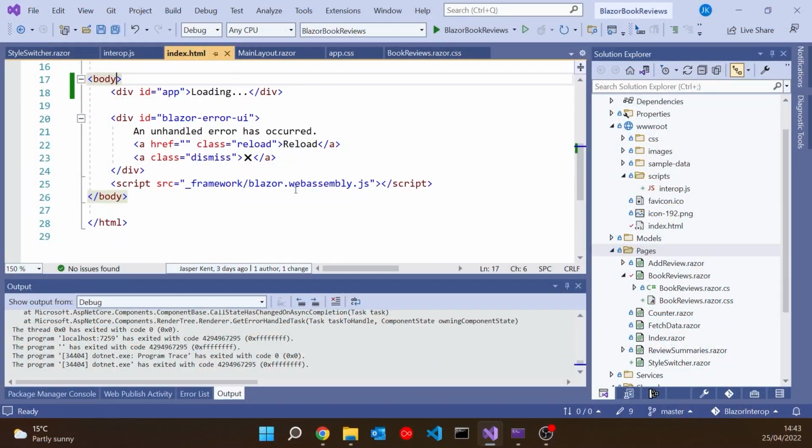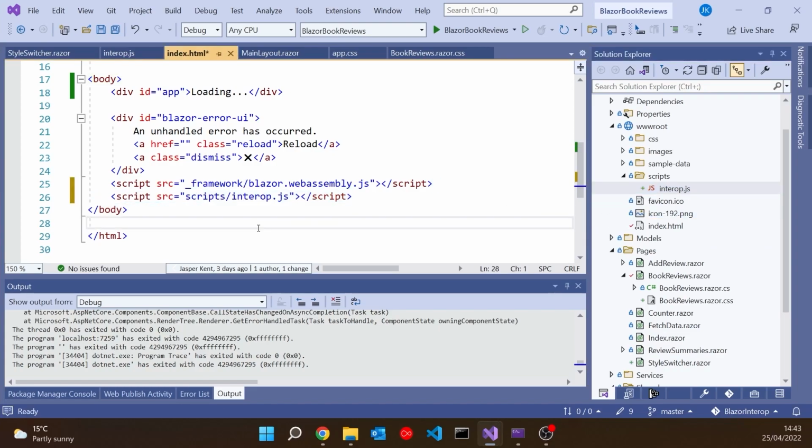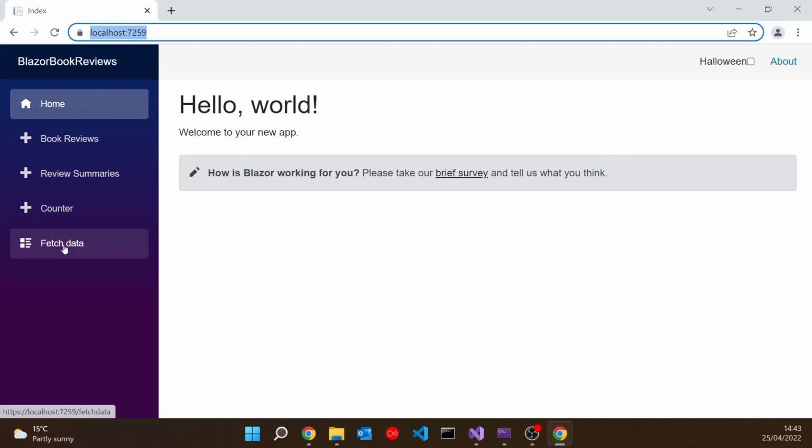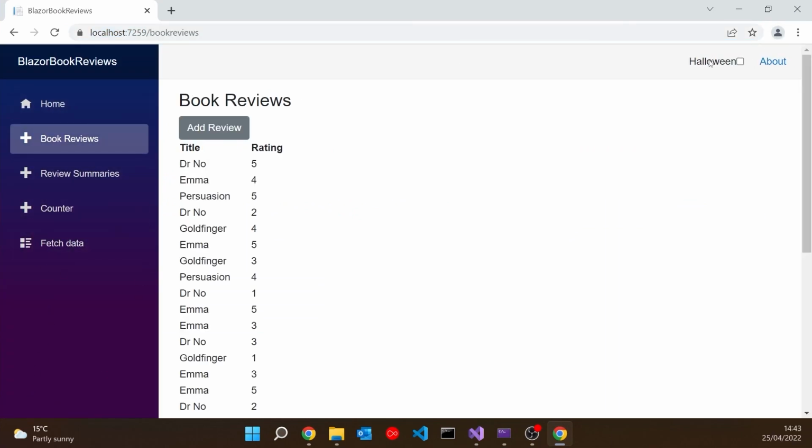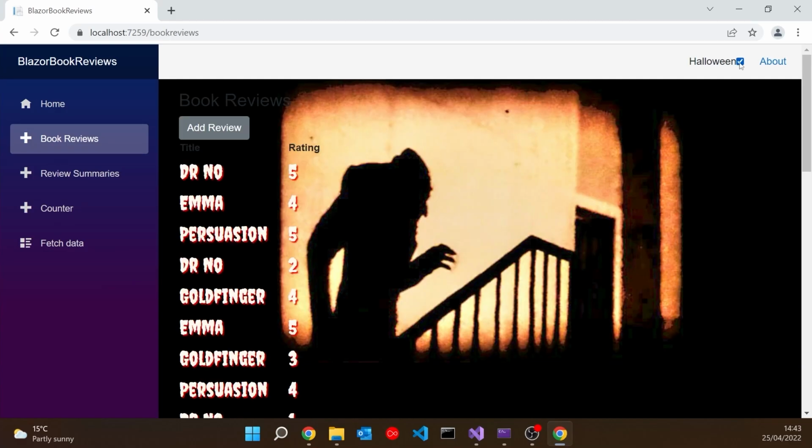And then one final thing we need to do, which is very easy to forget, we actually need to get that JS into the whole application. So back here in index, there you can see is where it's loading in the JavaScript that's necessary for Blazor itself. But if I drag in our own, then that should now work. So now if we run that up, go to the page, there you can see we've got the Halloween with the checkbox. And if we check the checkbox, then it's dynamically switching, and you can see we've got that styling we had before. So those are the two bits that are coming together.